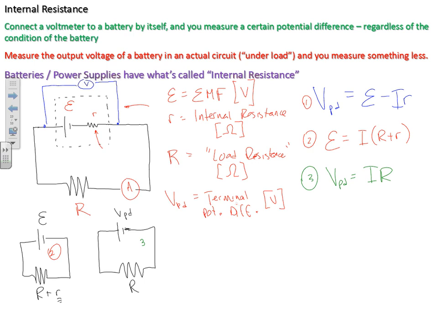Sometimes these things are a little bit tricky to figure out which one of these you need to use, but those are the 3. But just so we're sure, you can use the internal resistance as an actual resistance. In our big circuit number 1 here, that internal resistance is in series with our load resistor R. So this is just finding us R_eq, right here, R plus r. And of course, for a different circuit that didn't just have one load resistor R, we'd still follow the same rules as ever to find our